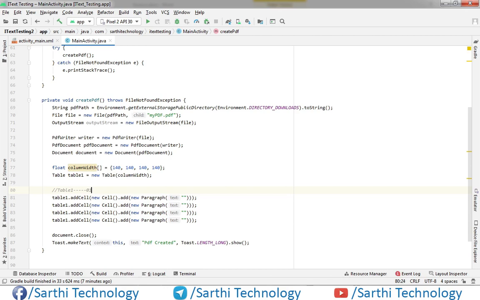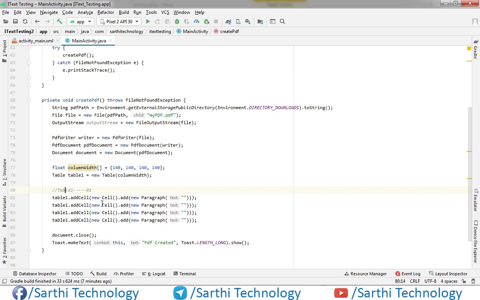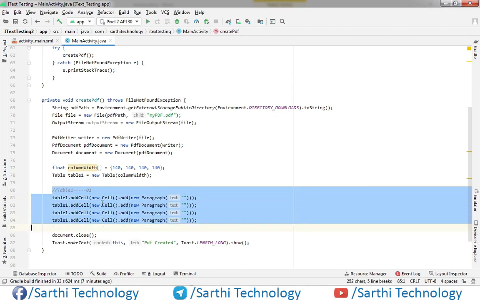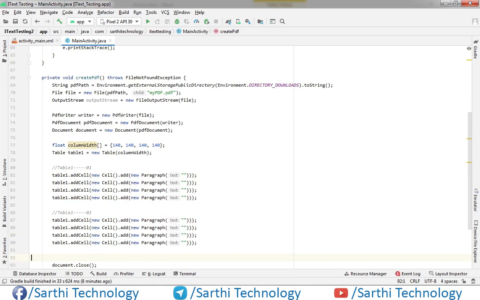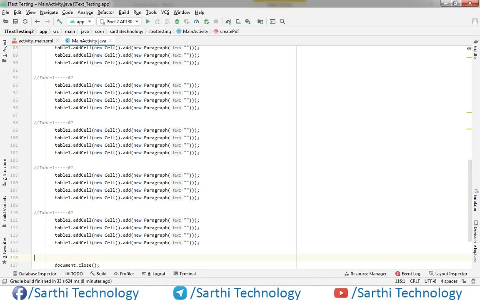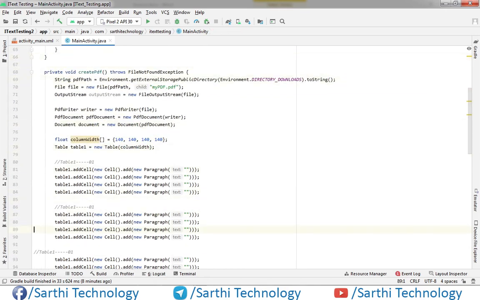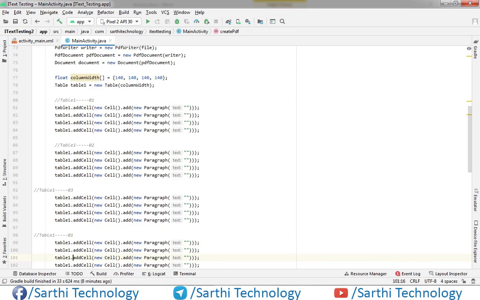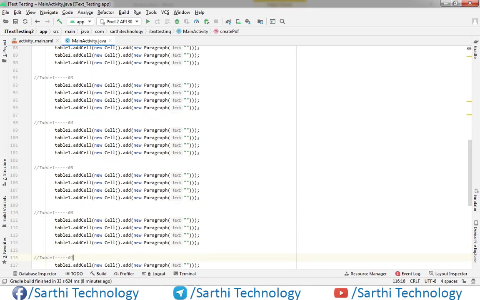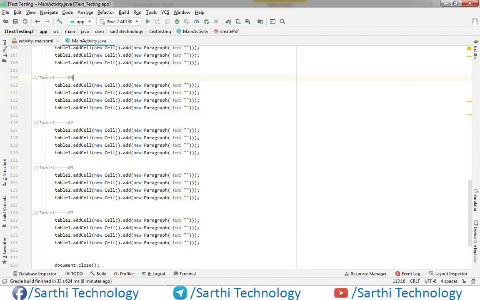Okay, so this is the first row and just copy this, paste 2 3 4 5 6 7 8 9. So just change the number. Okay, so we have 9 rows, and